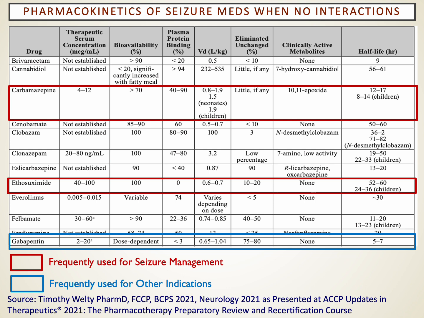Keep in mind that any of these agents that we give as anti-epileptic drugs can affect people's ability to safely drive, to safely work with machinery. And so you want to make that kind of an assessment when you're looking at a patient to make sure that they are safe to drive while they're under the influence of some of these agents. But gabapentin is also dose adjusted in renal dysfunction.